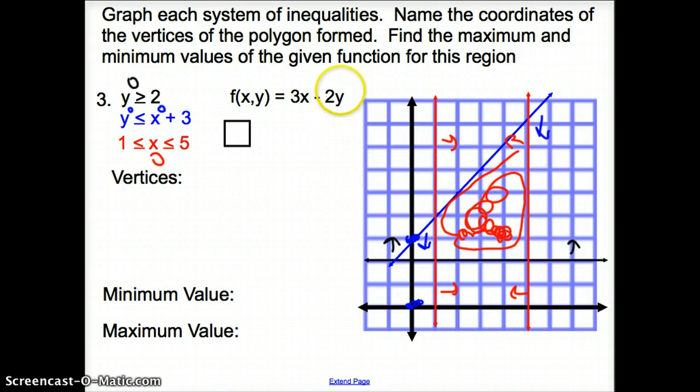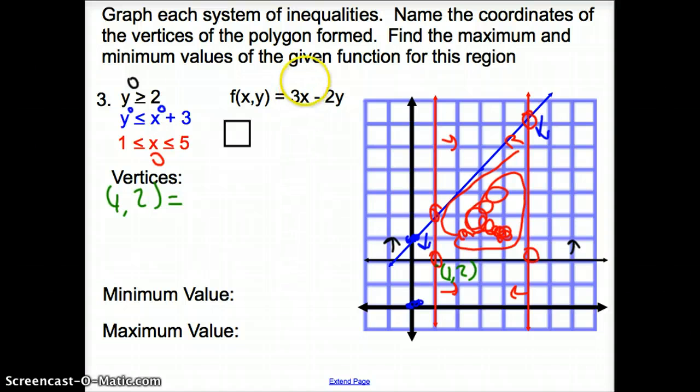But it asked us for the coordinates of the vertices of the polygon. This, I'm going to call it a trapezoid, gives us 1 vertex, 2 vertices, 3 vertices, and 4. It gives us 4 vertices. So we are going to take these vertices. This guy is 1, 2, and this vertex, 1, 2,